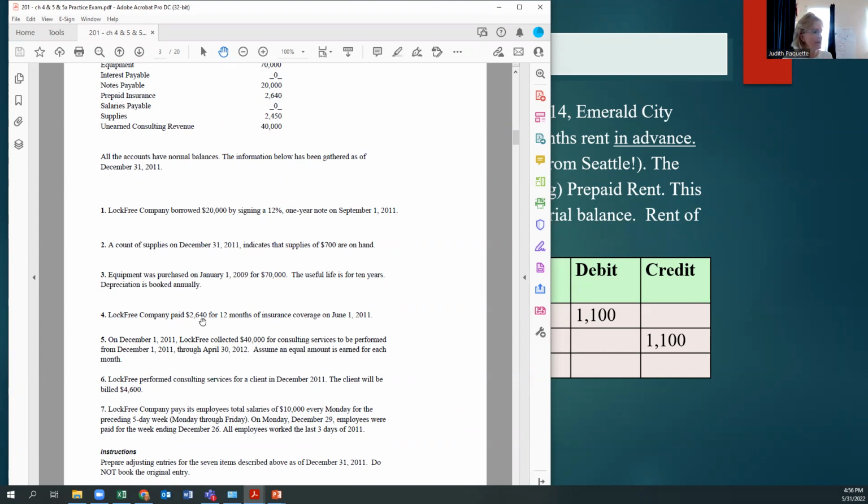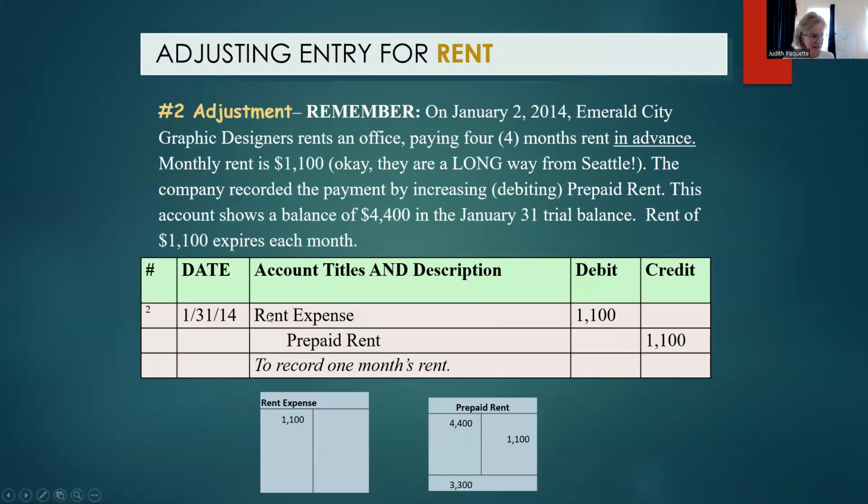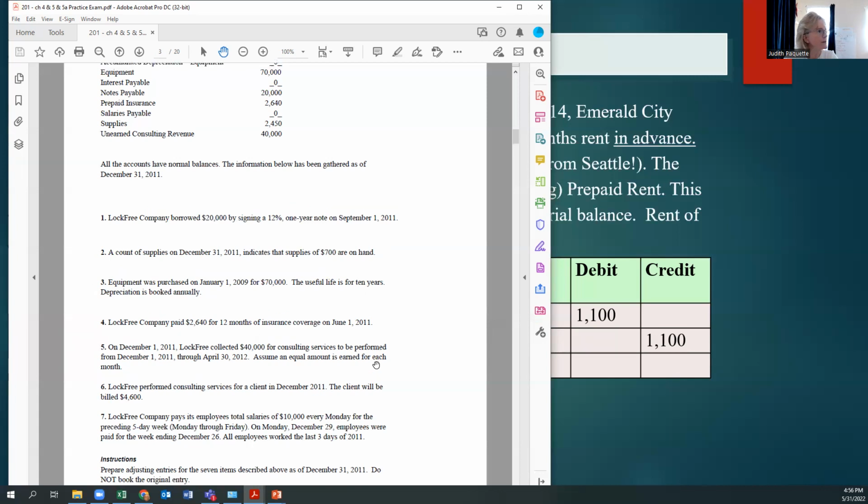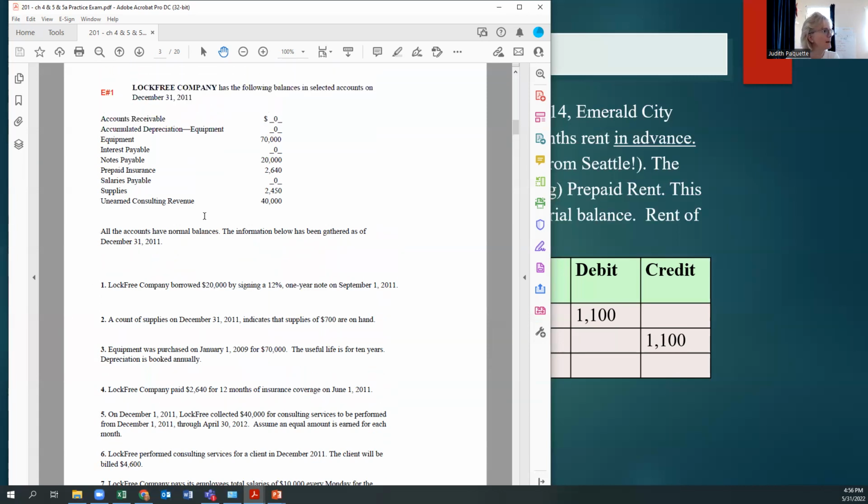So, and certainly you're going to say it now, right? Lock Free paid $26.40 for 12 months of insurance on June 1st. You know what your journal entry is. It's going to say insurance expense, prepaid insurance. Now you just got to figure out the dollar amount. So this represented 12 months on June 1st. And prepaid insurance $26.40. Okay, so they bought the insurance for 12 months on June 1st, and we're doing the adjusting journal entries